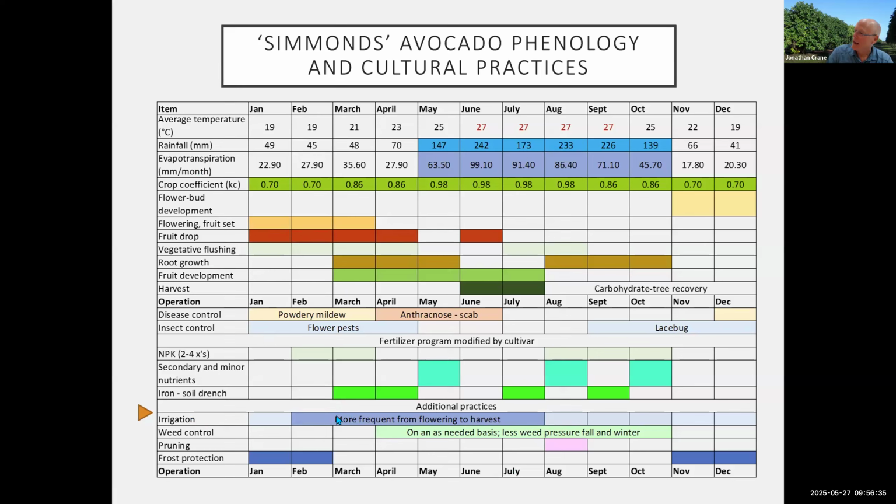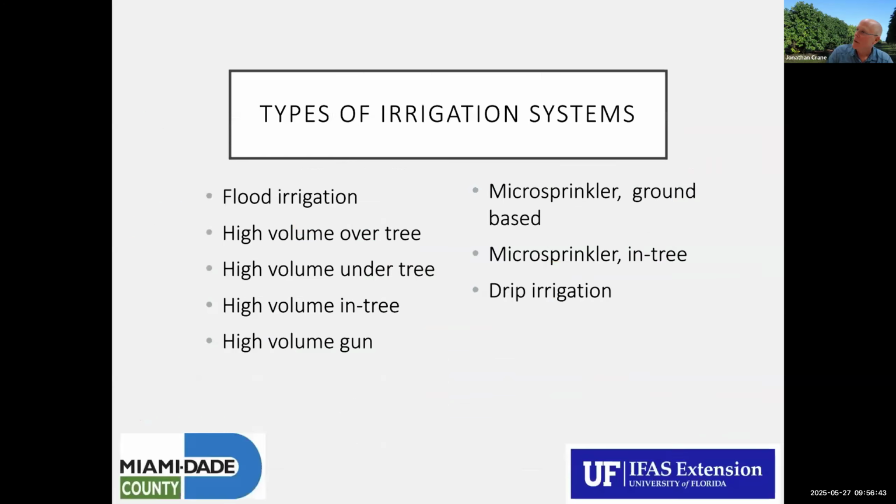So you want to be irrigating when necessary from flowering through harvest. There are many different types of irrigation, and you'll find that in this fact sheet. We don't have to go over everything in detail, but there are many types of irrigation in Florida, and it varies depending on how much water you have access to from the water management districts